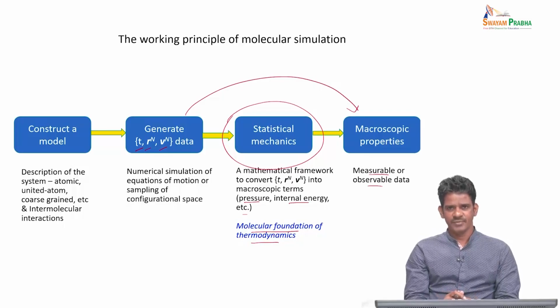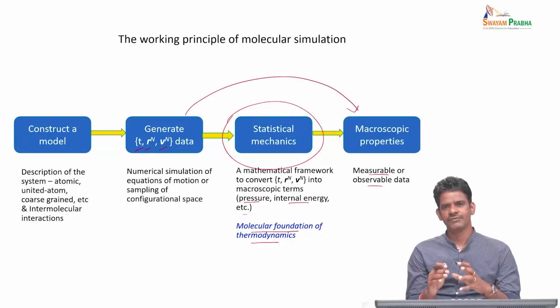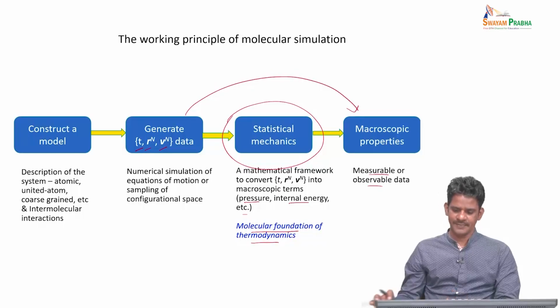Because like I said, in thermodynamics, we don't have to mention all this microscopic data. Whereas in statistical mechanics, we provide all this microscopic information, the molecular interactions, forces, and then using such a large amount of data, we try to predict the behavior of a system. So that's the context in which we want to use statistical mechanics in the molecular dynamics simulation course.